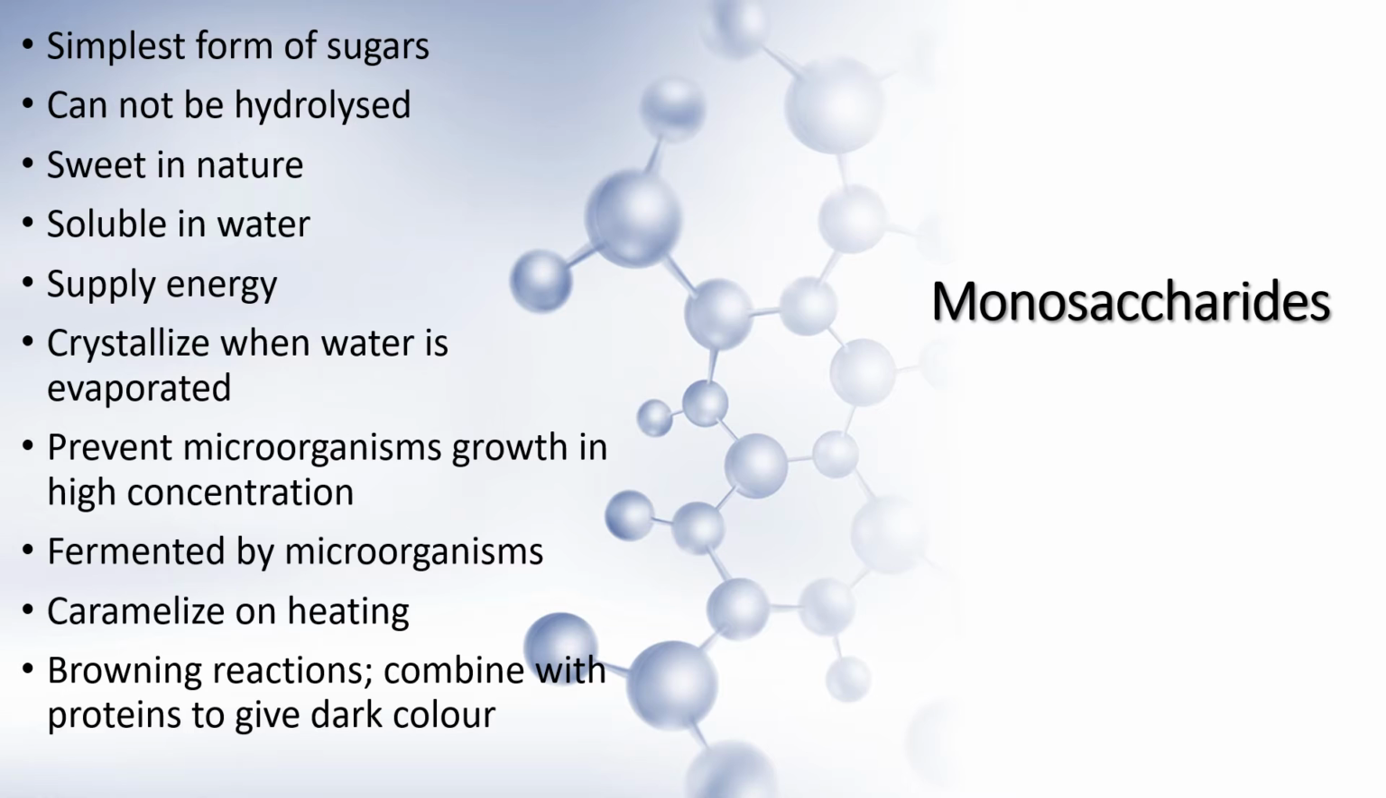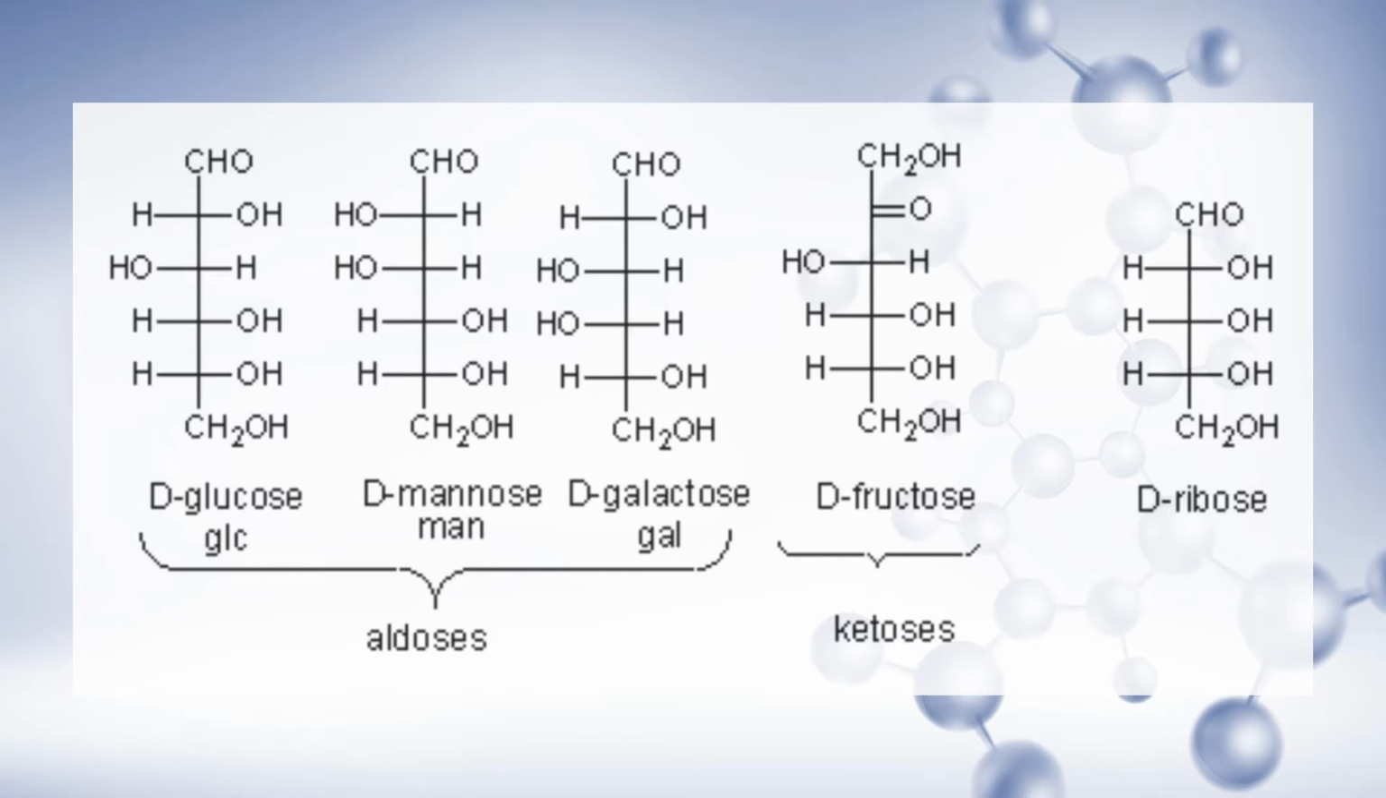They can be fermented by microorganisms, and monosaccharides are caramelized on heating. They also produce browning reactions. These are the reactions in which sugars are combined with proteins to give dark colors. These are some famous monosaccharides. There are trioses, tetroses, pentoses, and hexoses. Trioses contain 3 carbon atoms, tetroses 4, pentoses 5, and hexoses contain 6 carbon atoms. The most common of them are